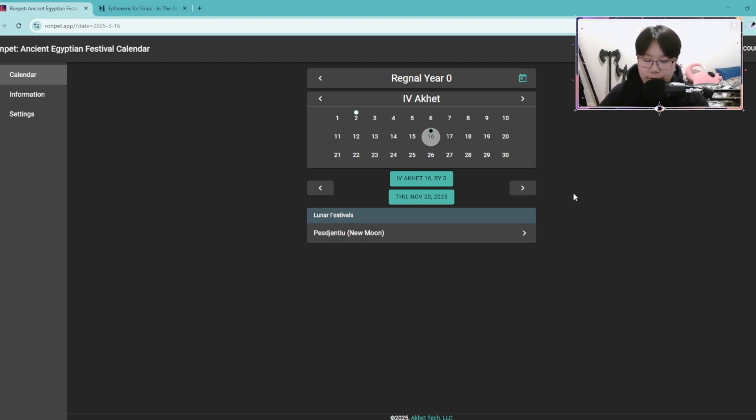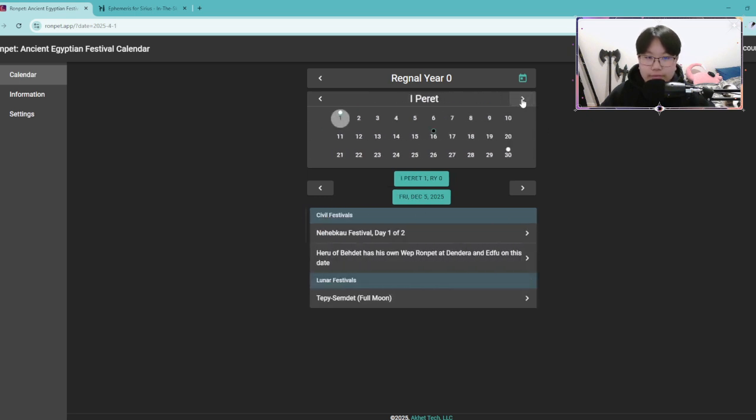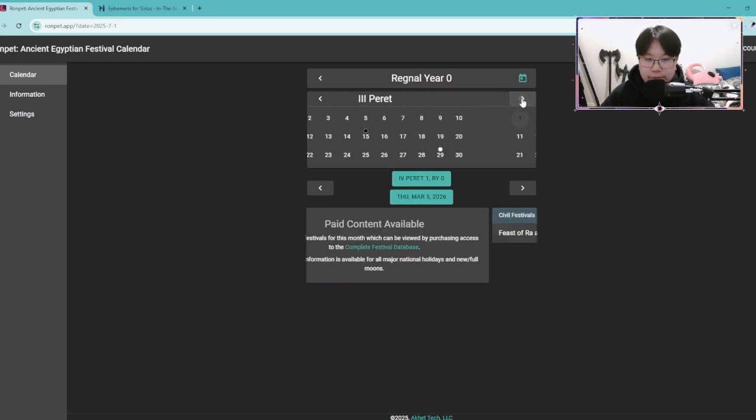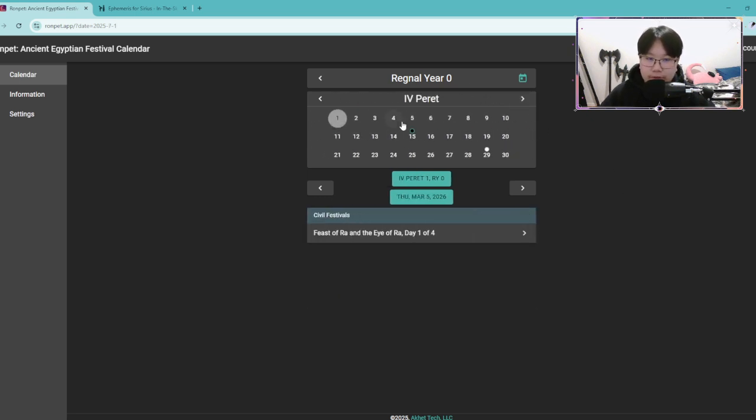So let's look at the Great Festival of Bast. It's a 2-day festival that I want to celebrate for Bast, which takes place on 4 Peret 4. So let's flick over here. 4 Peret, number 4. Here we have Great Festival of Bast / Day of Chewing Onions for Bast, which is also the last day of the Feast of Ra and Eye of Ra. Nicely aligned considering Bast is an Eye of Ra as well.